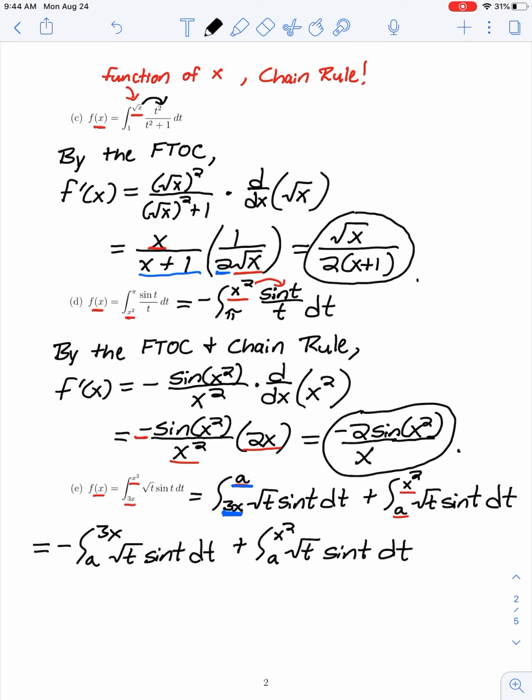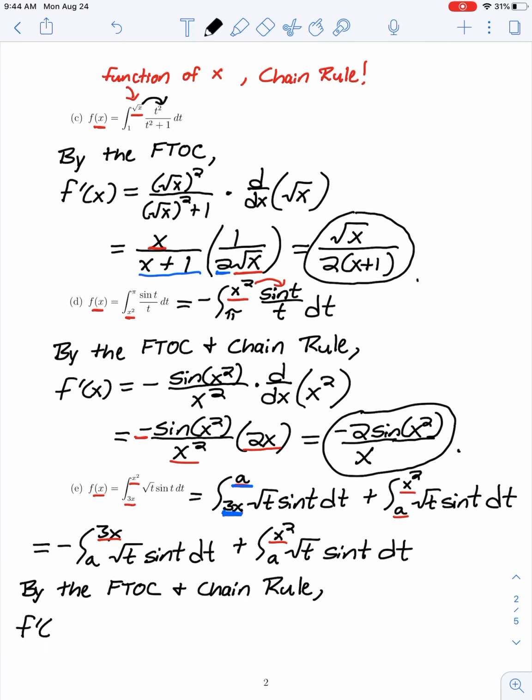So we see here that for both of these integrals, our upper limit is not just the variable x, but a function of x, which means that we're going to need the chain rule to differentiate each piece. So let's start by finding the derivative of this first integral defined function. So here, let me say by the fundamental theorem of calculus and the chain rule,